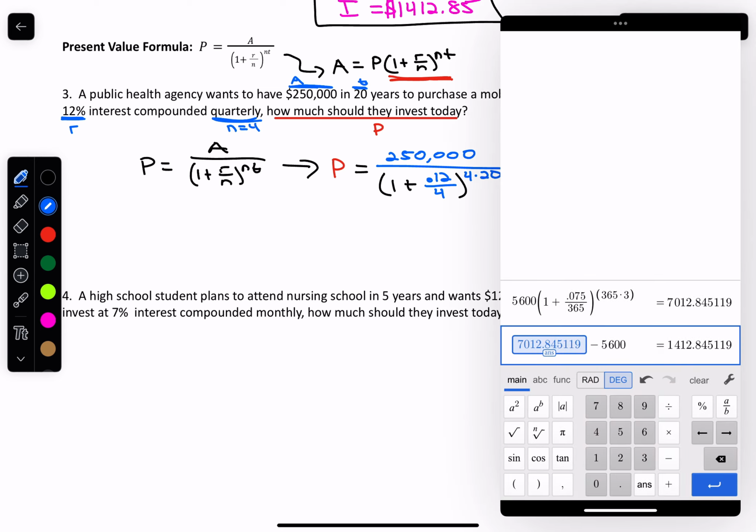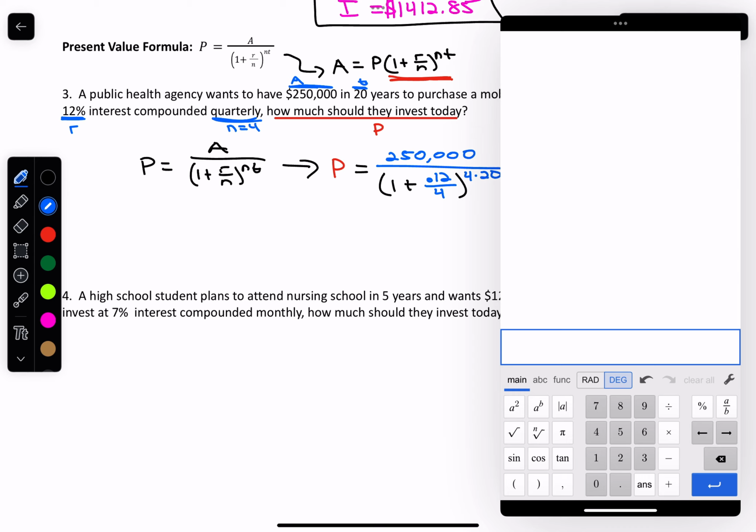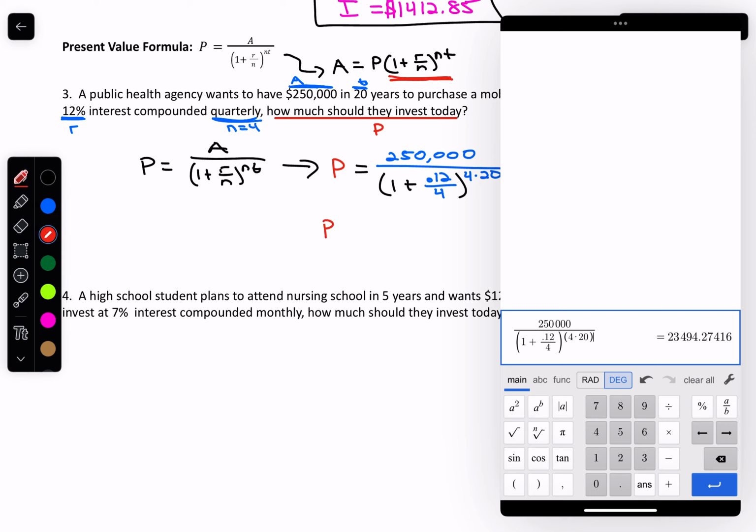Now again, we're just going to whip out a calculator and go ahead and type this all in. So I'll start by making a fraction by hitting the divide button. I'll put 250,000 on top. And I'll go to the bottom. I'll put in parentheses 1 plus, and then a fraction, 0.12 over 4. I'm having trouble getting these numbers inputted. And raise this to the power, where again I need parentheses for my power, 4 times 20. So you can see it gives me a calculation over there on the side. It tells me that the P value I need is equal to